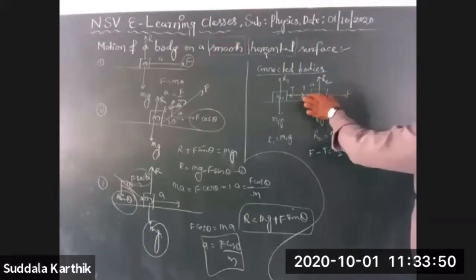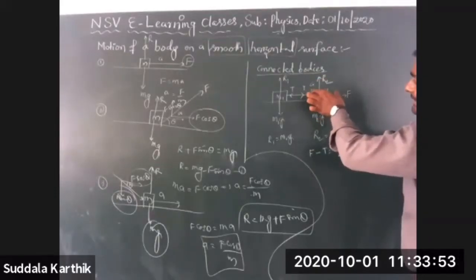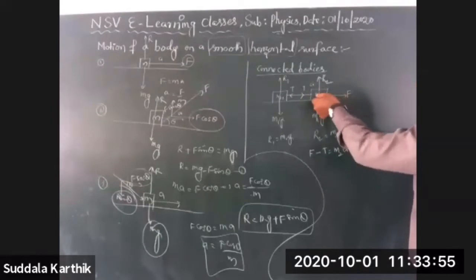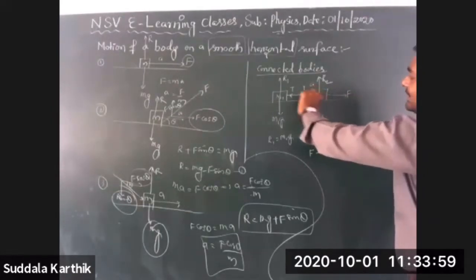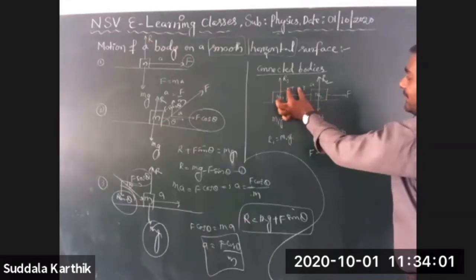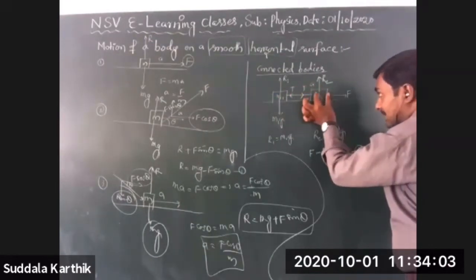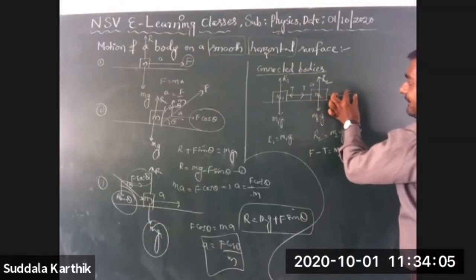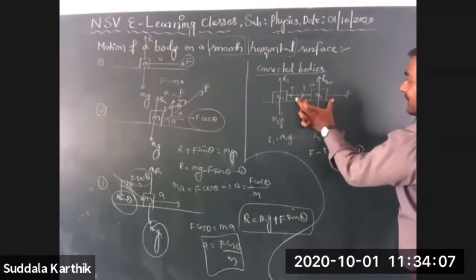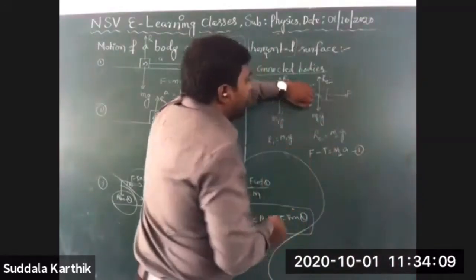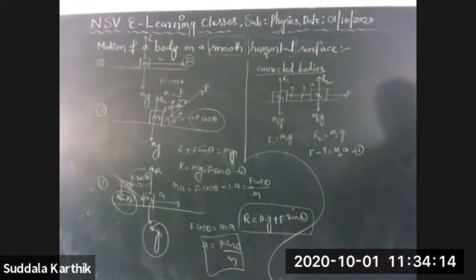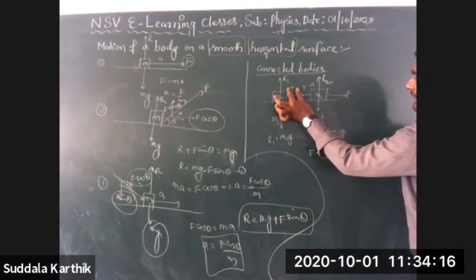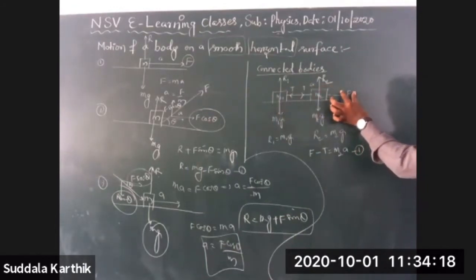See here, one mass is there, the M2 mass. This M2 mass is getting some force in this direction and a tension force acting in this direction. This is developed due to this mass. So the applied force is F. One is pulling, your friend is pulling in this direction, and you are pulling in this direction. Your friend is pulling with a T force, you are pulling with an F force.